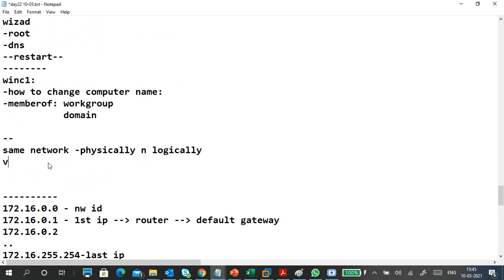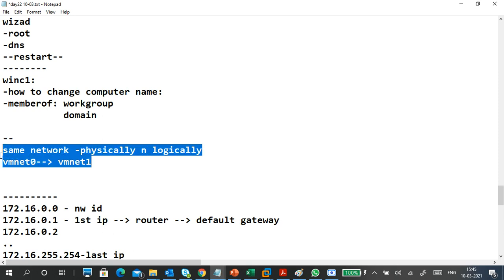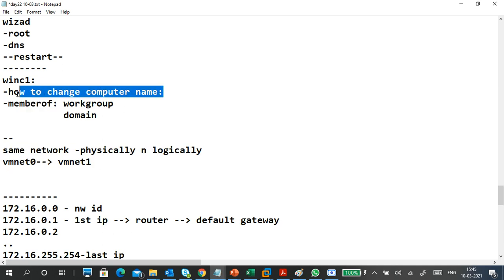Normally we put everything into VMnet 0. Now we are going to change VMnet 0 to VMnet 1. Guys, remember I don't have VMnet 1, I have VMnet 2. So when I say VMnet 2, for you it is VMnet 1. First we'll do these changes, and then we'll change this one.